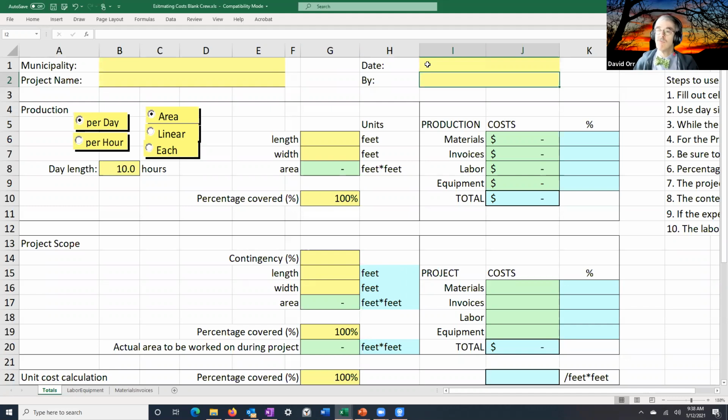Why is that important? I really want to put my date and my name on it. So you can manage that information. If you come across an old estimate sitting in a drawer, you don't know inflation otherwise. Is it a 2-year-old estimate? Is it a 5-year-old estimate? Is it a 50-year-old estimate?